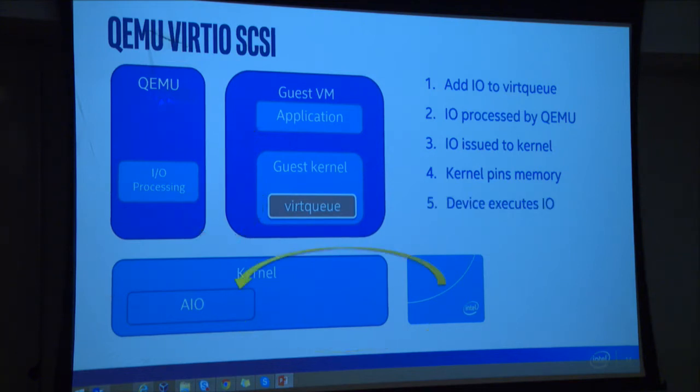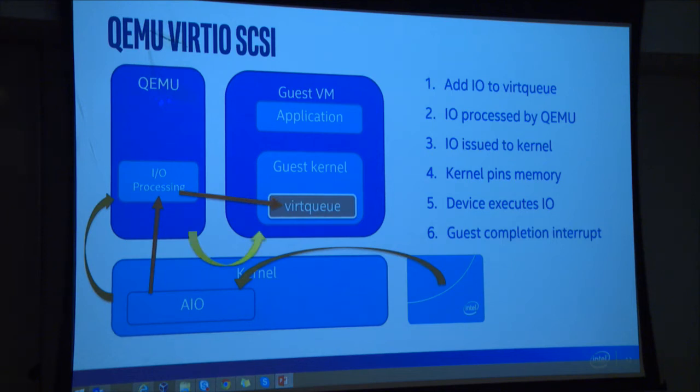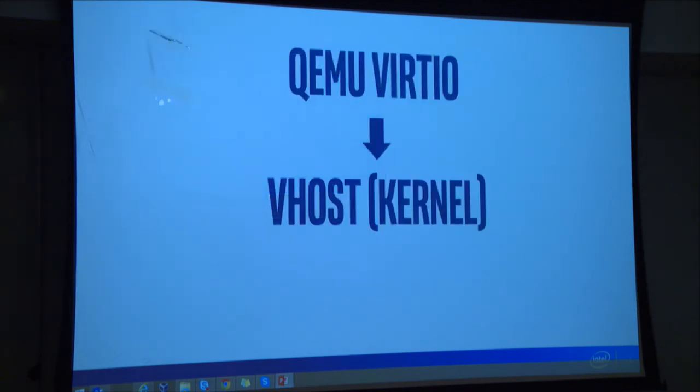And then the device executes the IO, the data comes back to the kernel, data goes to QEMU, and then the VM entry happens, and then the data is written back to the virtual queue, and then a notification goes to the guest saying that the interrupt completed, your data is here, go fetch it, and the guest takes it. So there is a lot of software overhead in the flow before, and that is what we're going to improve. So the vhost target, which is an SPDK component, can be integrated in the